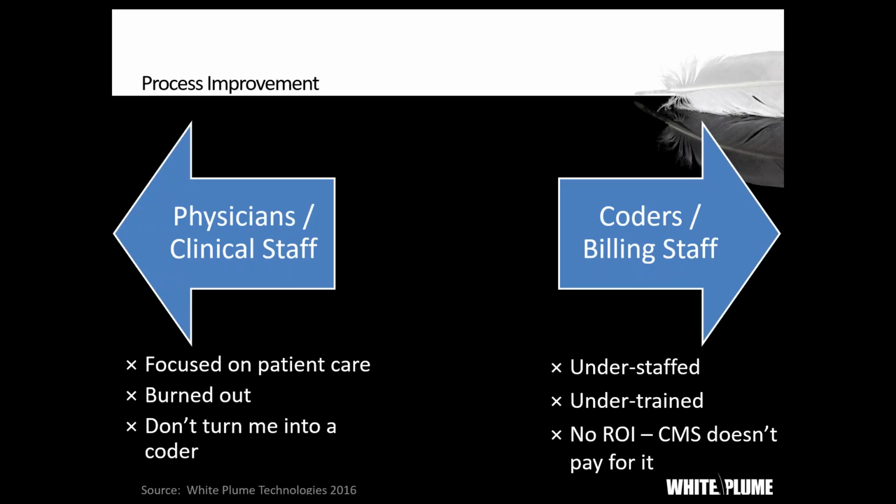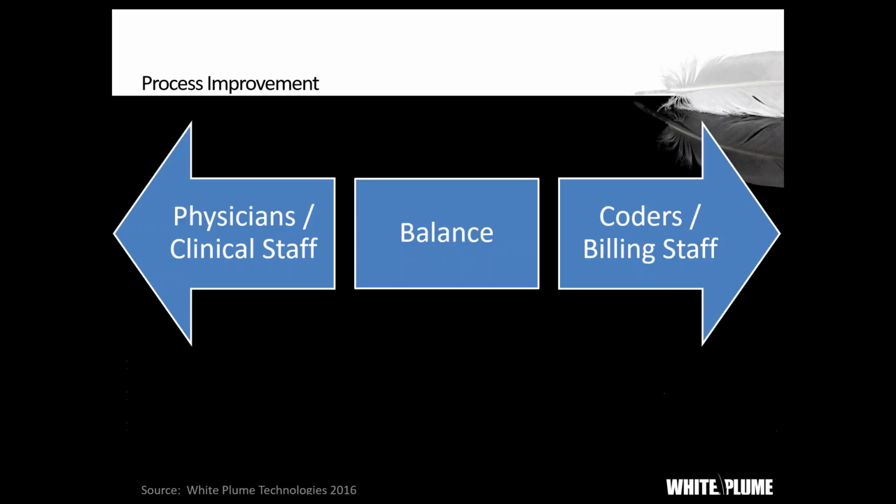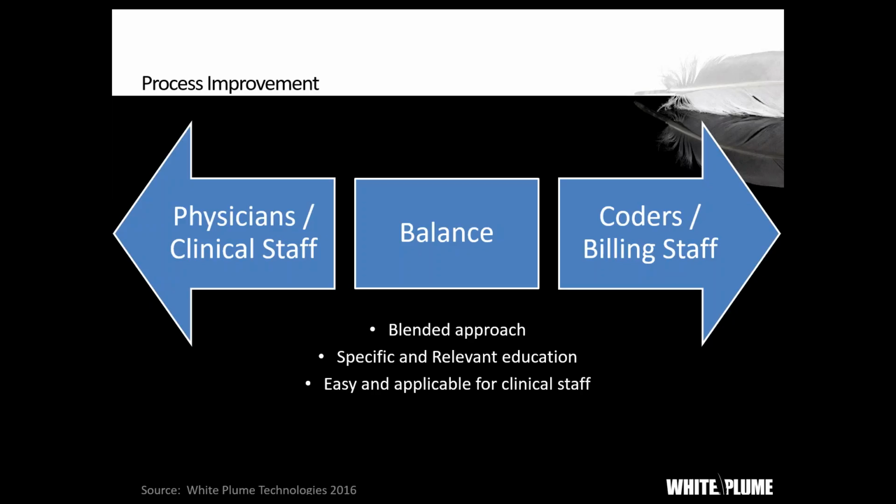So what is the example? How do you blend these two? It's a balanced approach, right? It's going to take our clinical staff and our back office revenue cycle staff working together to make sure that we accurately reflect patient acuity, right? And that means we need to provide them with specific and relevant education as to why risk-adjusted coding is important, why are we doing this, and how do we operationalize this in a way that doesn't turn your clinical staff into coders, right? That makes it easy for them to understand, makes it fast for them to help with this,